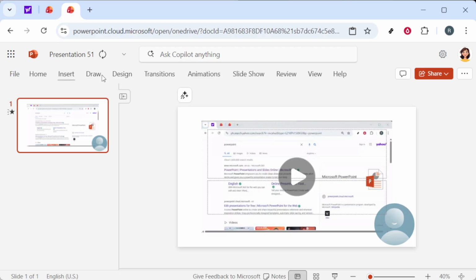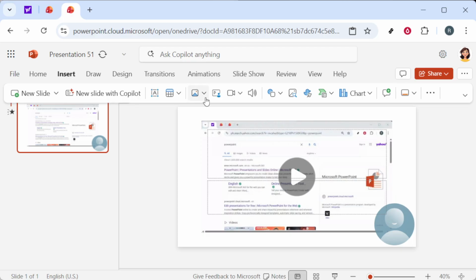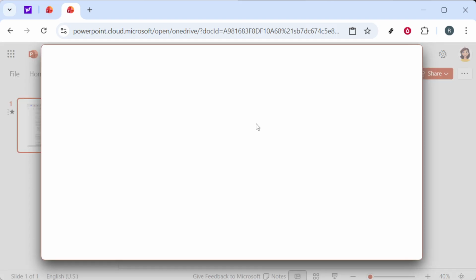Choose online video if your clip is hosted on a supported platform and you want to stream it. You'll paste the video's link and insert it into the slide. This option helps keep your file size small, but remember that playback will require a stable internet connection and access